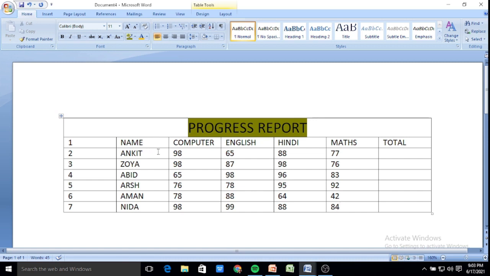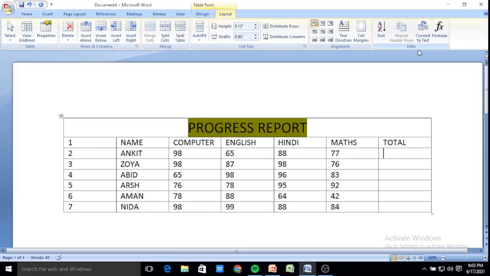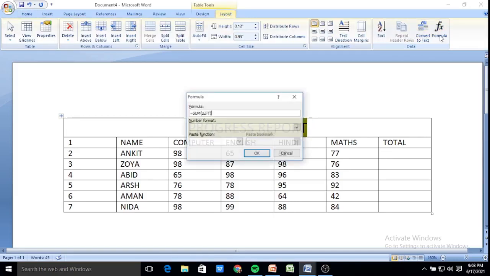Suppose for Ankit I want to calculate his total marks. I'll put the cursor in the last cell. After this I'll move to the layout tab, and in the layout tab there is a data group. Click on the formula button, and you will get a dialog box where it is written equal to SUM(LEFT).